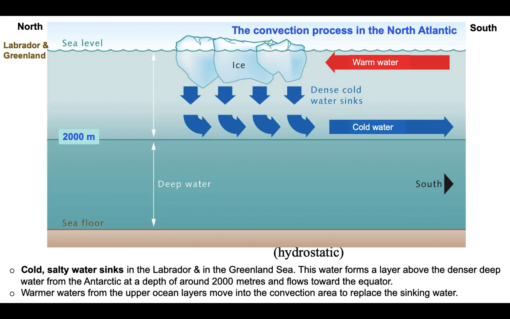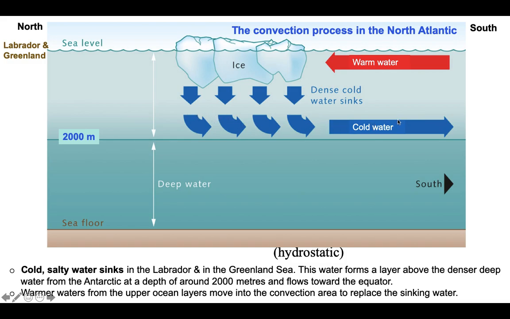And so what happens is that cold water sinks in the Labrador and Greenland area in the north, as we just discussed, and it forms this deep cold water layer, and it generally goes down to about 2,000 meters depth in the oceans,